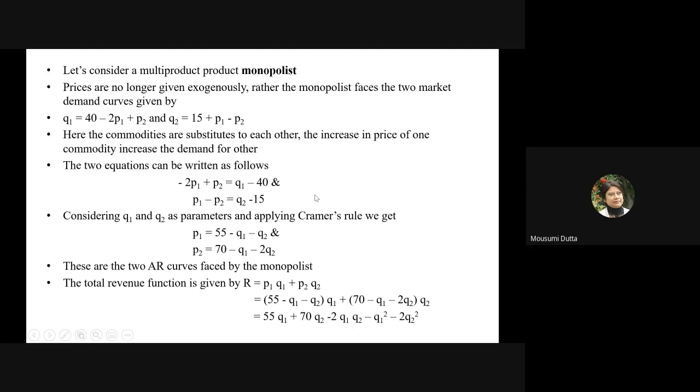So please bring P1 and P2 in terms of Q1 and Q2. You can use substitution here instead of using Cramer's rule, because here you have 2 commodities. So all of you are aware of Cramer's rule. Do you know Cramer's rule? Yes, ma'am. I think Cramer's rule is part of your mathematical economics course, this semester course. And I think you have done this by this time. Am I right? Yes, ma'am.